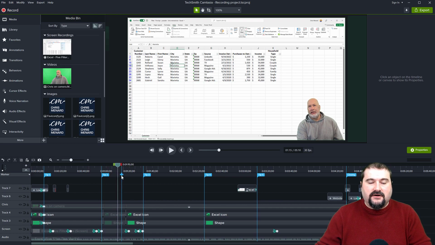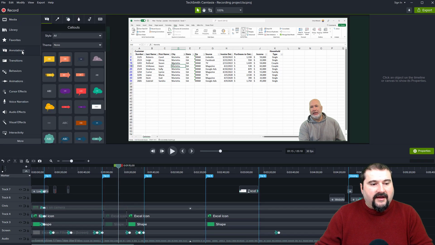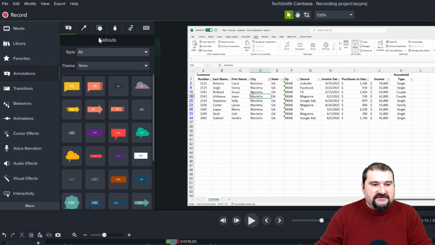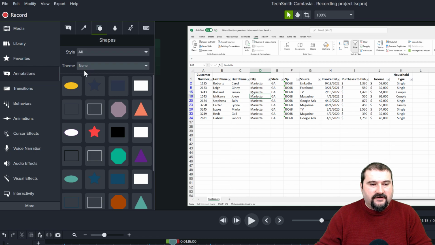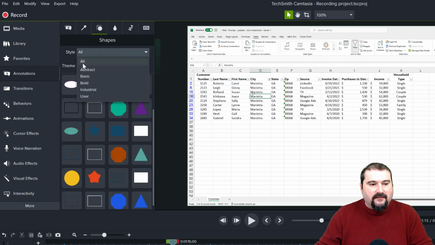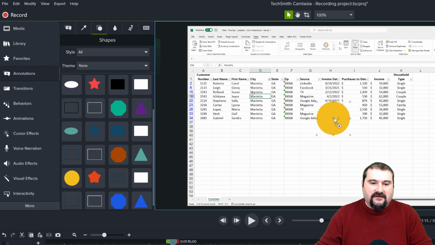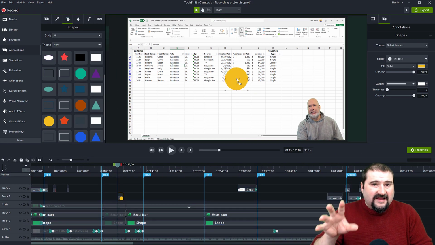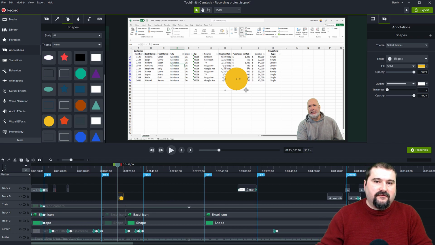But look right here. I'm going to go to annotations, go to the shapes on the top here, and just make sure you enable style all and choose this circle. Place it in the middle of your canvas. Align it to the center of the screen. This is quite important because I'll explain later a little bit of a gotcha with this that you're going to be aware of.